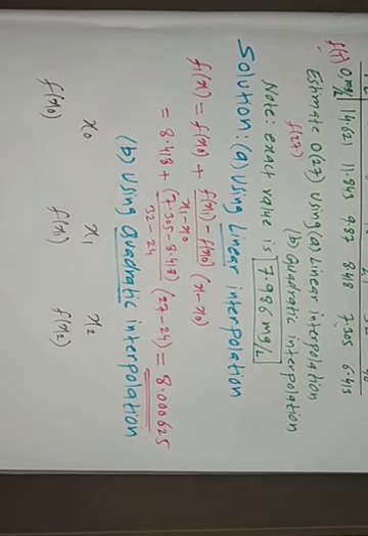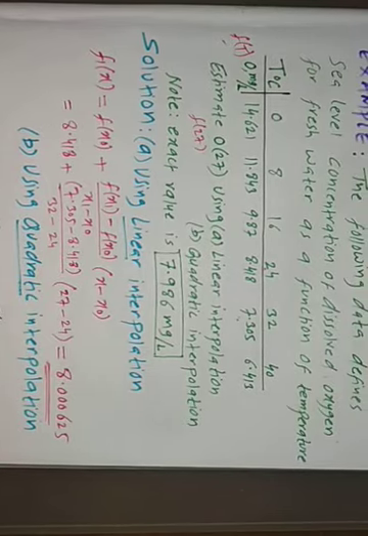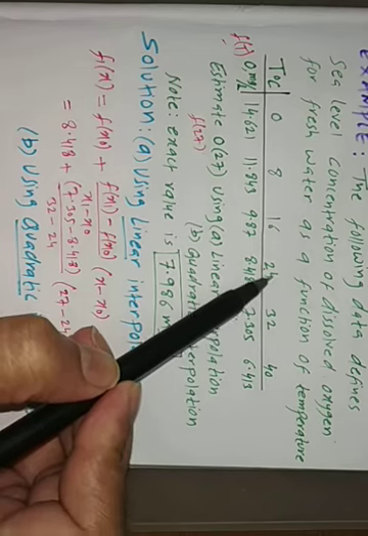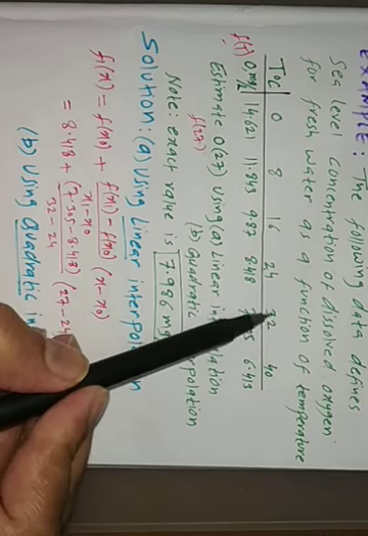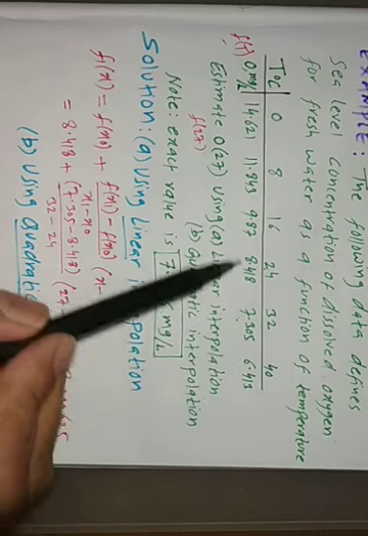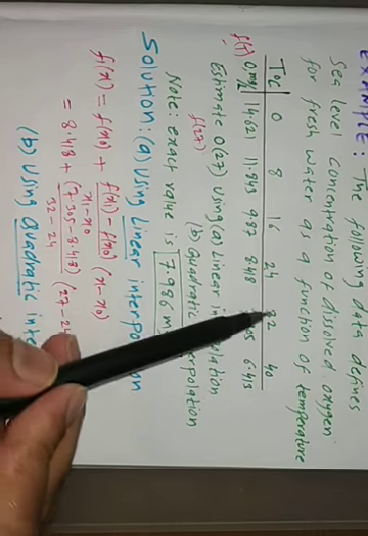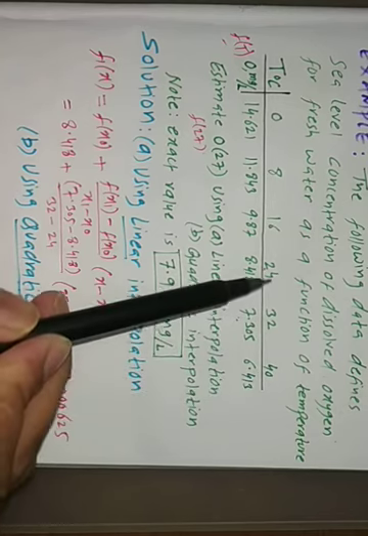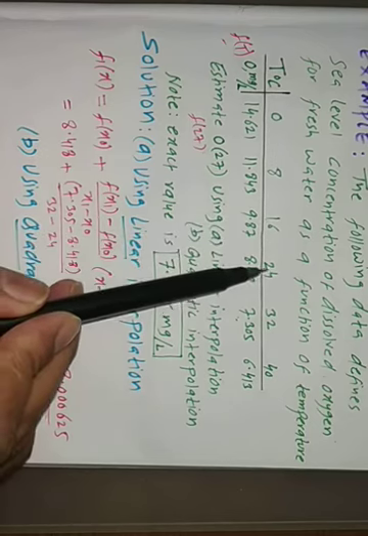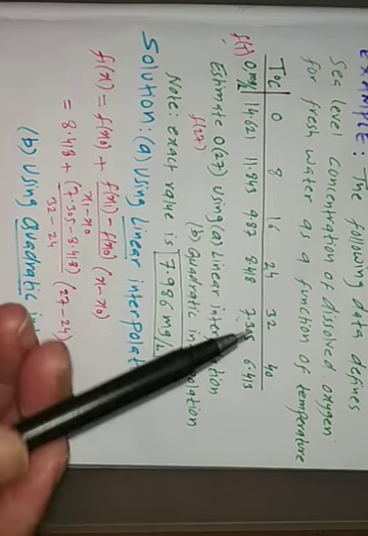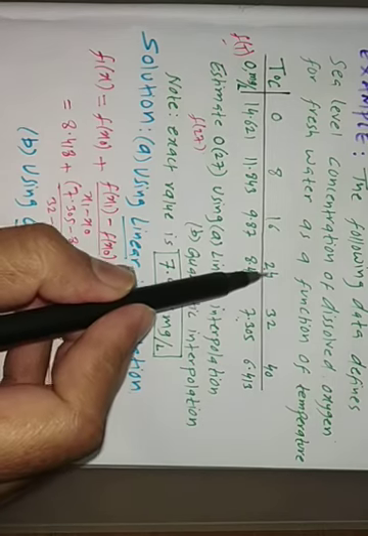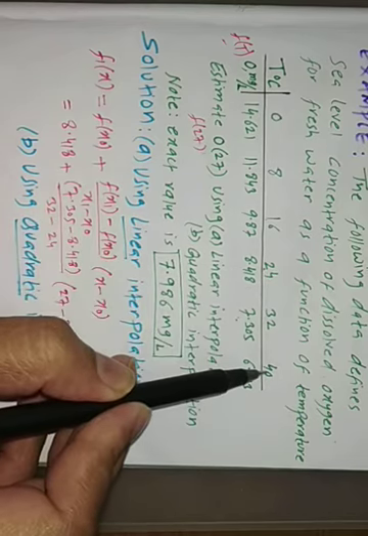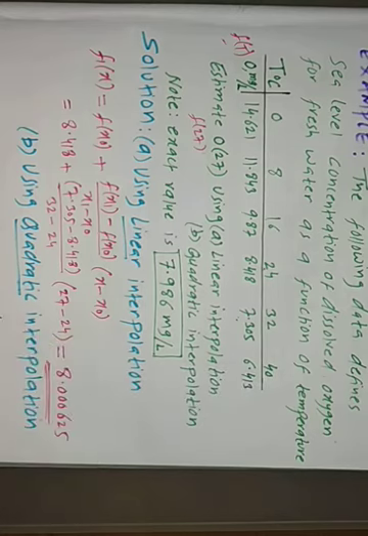Okay, so here 27 falls between 24 and 32. So these 2 points are compulsory. We need to take these 2 points, and along with them we can choose either the next point, that is 24, 32 and 40, or we can choose 16, 24 and 32. So it is our choice. I am choosing here 24 as the first point, x0, 32 as x1 and 40 as x2.